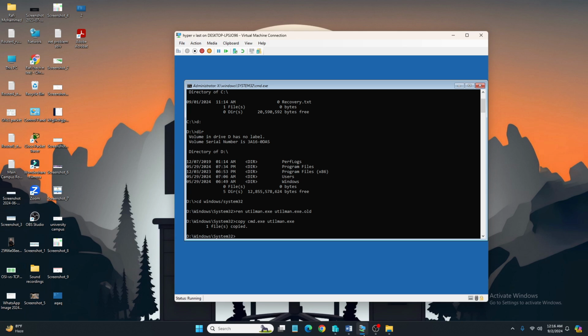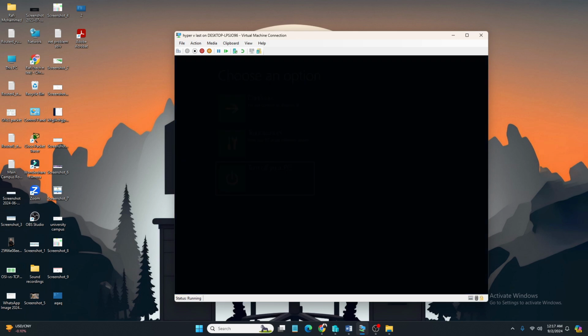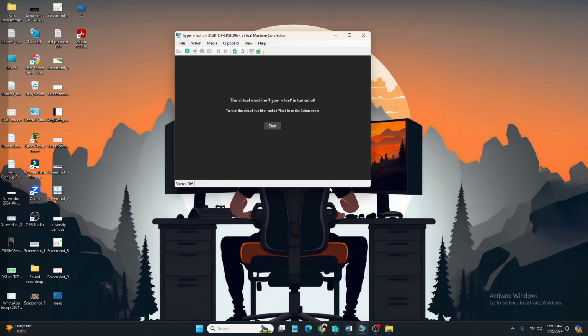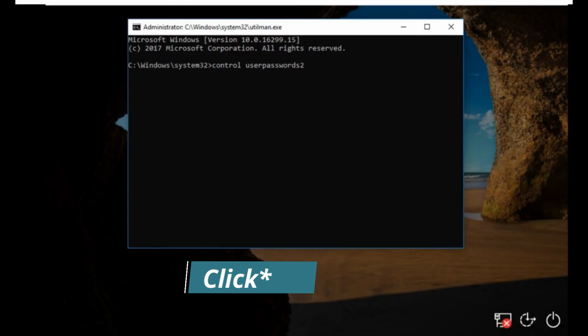We actually change that file, and after all the procedures simply close that and restart your PC once again. After restarting your PC, you will see this type of screen, where you have to click the Ease of Access button. When you click Ease of Access, you will see the command prompt,